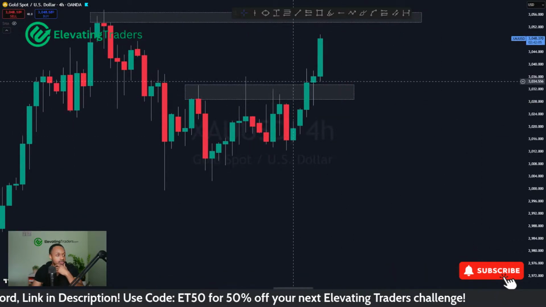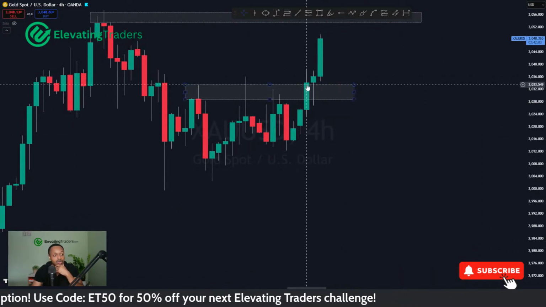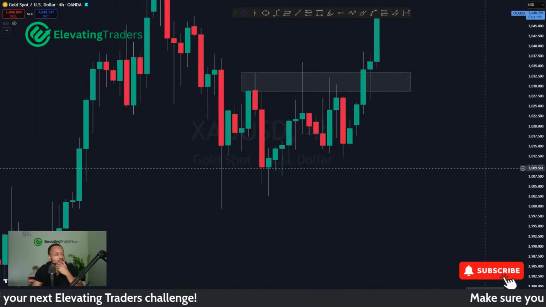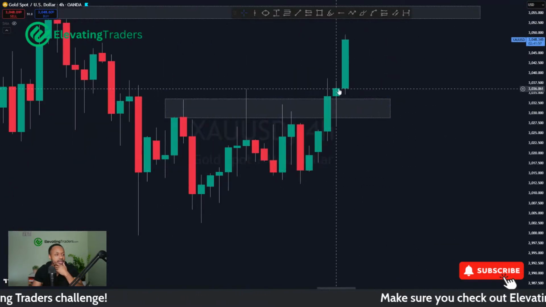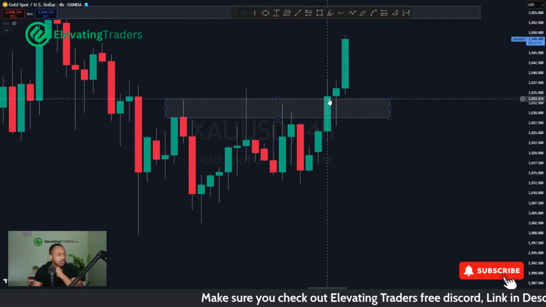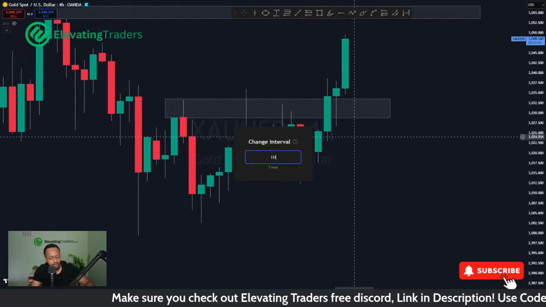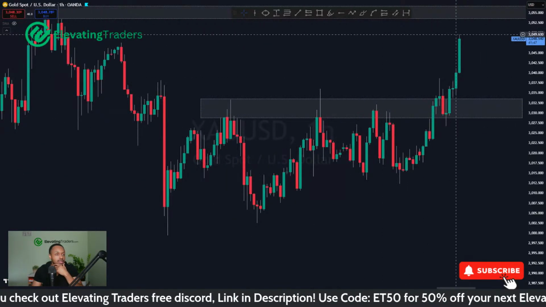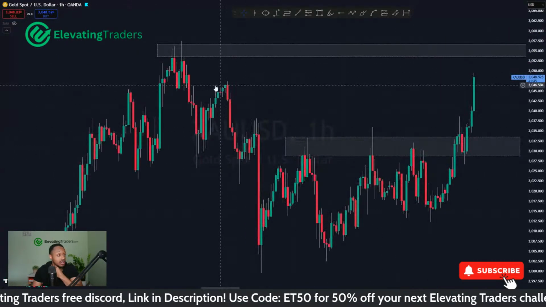So we kind of had a breakout, probably arguably with the previous candle over here, although it's a very slight breakout, so I wouldn't really look to trade that. This candle is nice because it wicks back into the zone and uses it as support. So that would be kind of like a retest there. But if I drop to the hourly chart, yeah, it's kind of like a quick break and retest. But yeah, gold's looking very bullish.